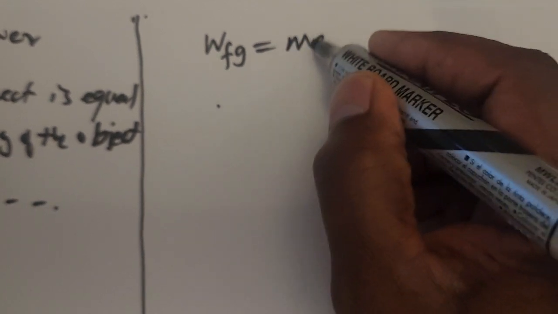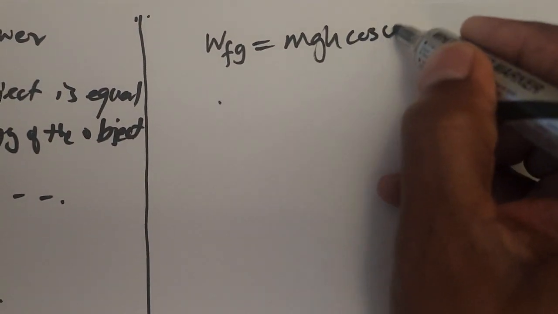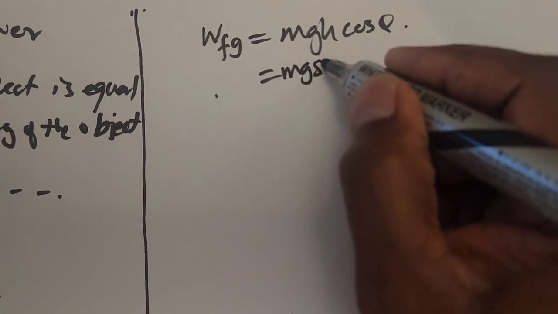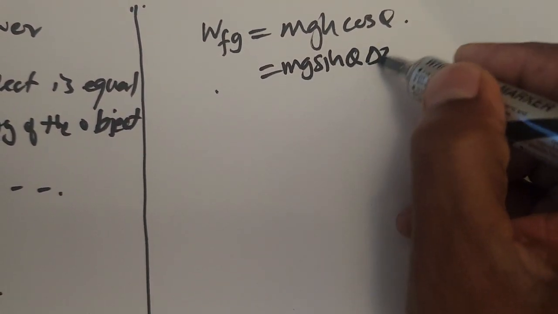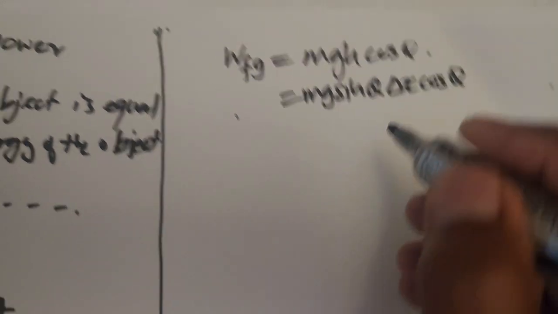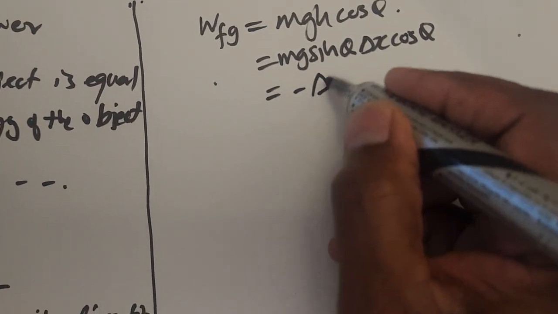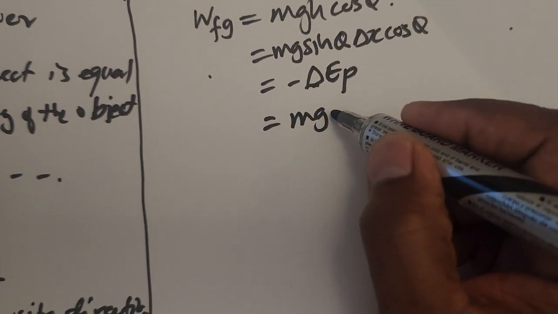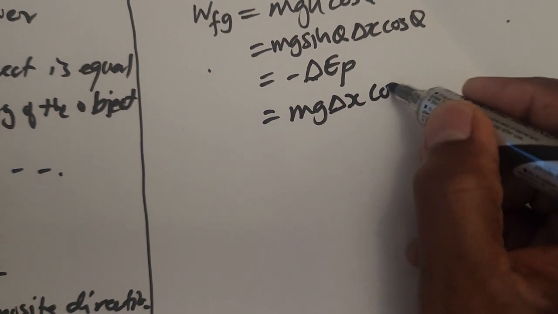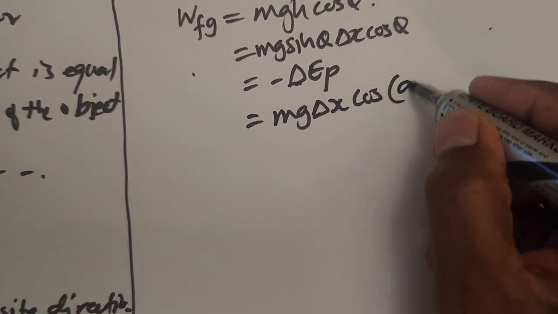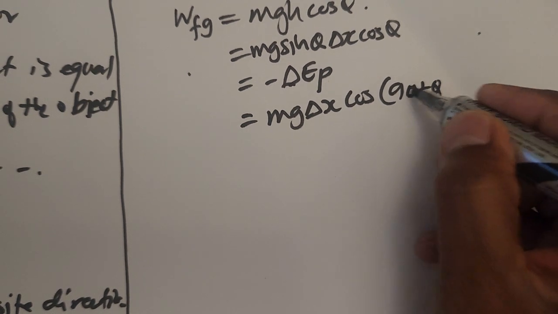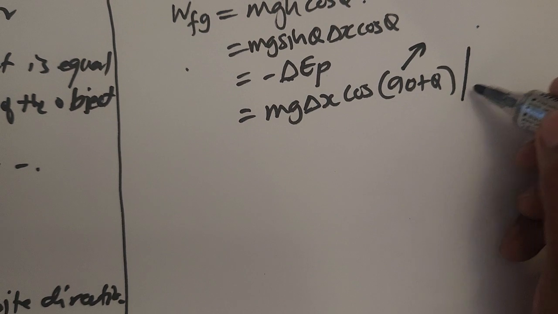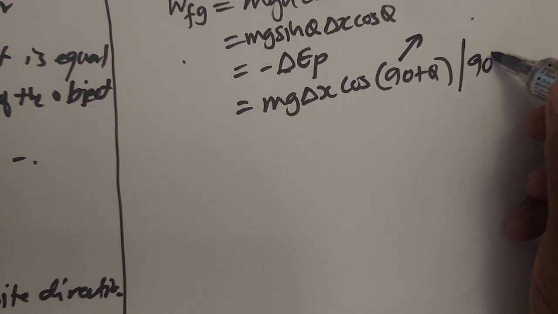It can be mgh cos theta, or it can be what we have used now, mg sin theta delta x cos theta, or it can be negative delta Ep, or it can be mg delta x cos of 90 degrees plus theta when the object is going up the incline, or 90 degrees